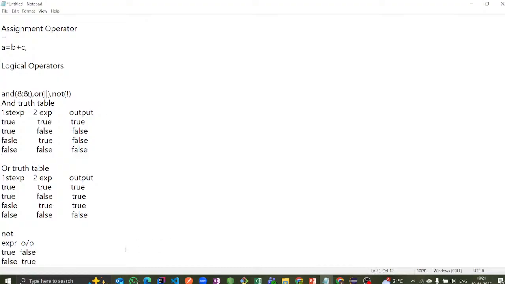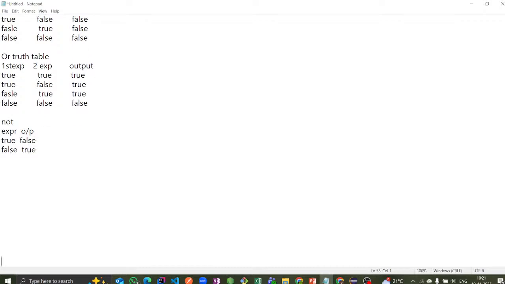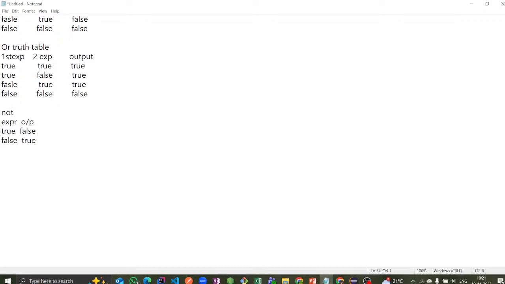Right? This is all about the operators, and we have one more thing, bitwise operators. Bitwise operators are the lengthy topic. Simply, I can give an overview of the bitwise operators and how they perform. Bitwise operators are nothing but